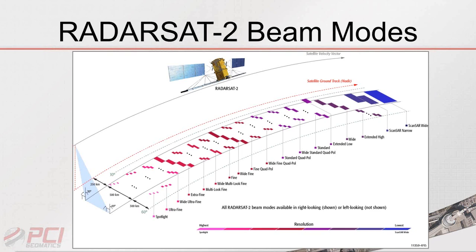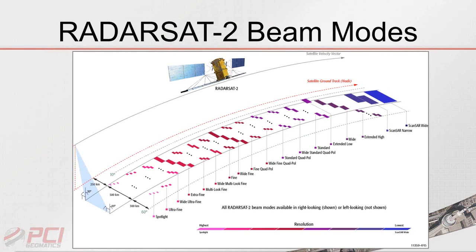Here is a little diagram that shows the different beam modes available on RADARSAT 2. Starting at the bottom left-hand side, we have our high-resolution modes. Spotlight is the primary example, which offers a 1-meter resolution with a swath width of 18 kilometers by 8 kilometers, a relatively small footprint, more typical of what you'd expect from an optical image. At the other extreme are our ScanSAR products, and our ScanSAR wide product in particular, which is